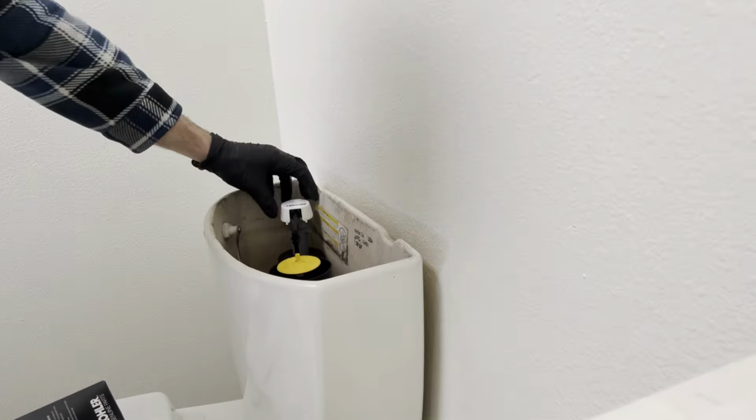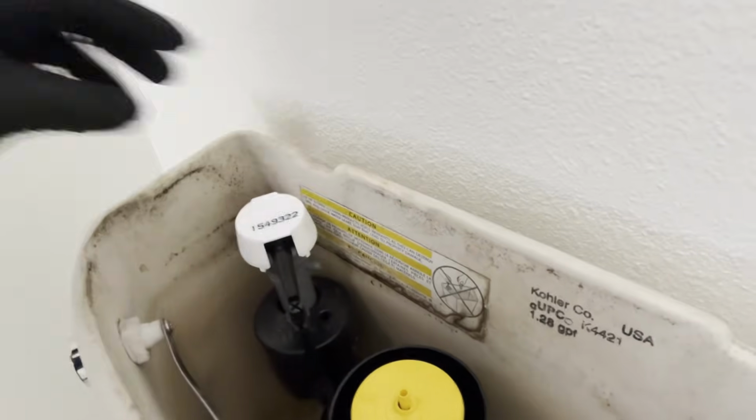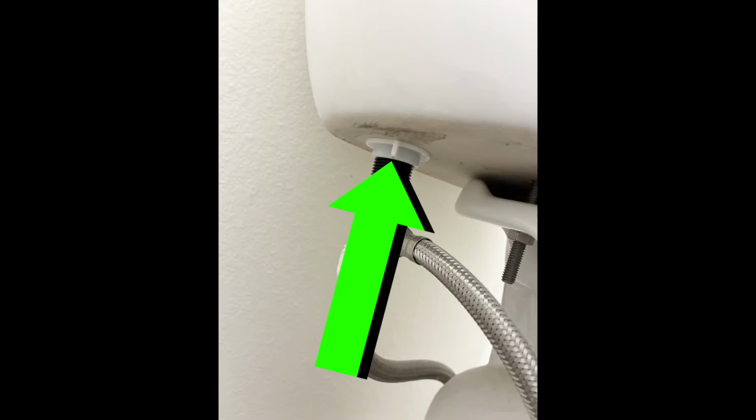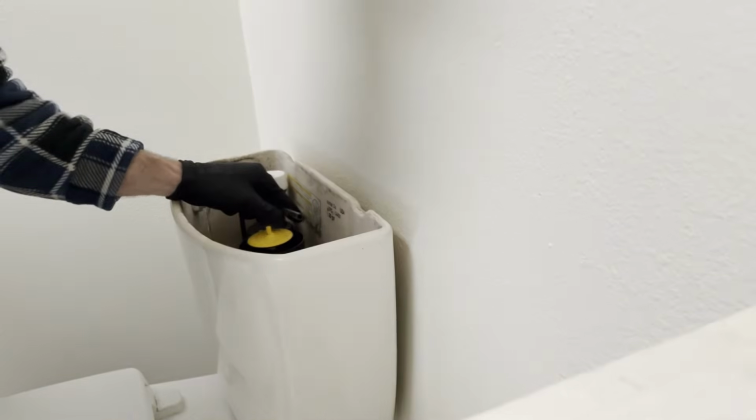Then place the new fill valve in the toilet tank. Like so, and angle it like this. Tighten that plastic nut to secure it to the tank. Reattach your water supply line. Then connect the black rubber tube from the